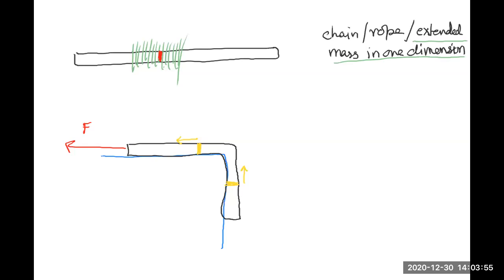Okay. So step one is to choose an element, and the way that you choose an element for a chain or a rope or anything which has a mass extended over one dimension is to slice it up into thin slices, just like आपके घर में cucumber को salad में काटते होंगे ना, और पत्ते slices में. So you take that one slice of this object, one slice,